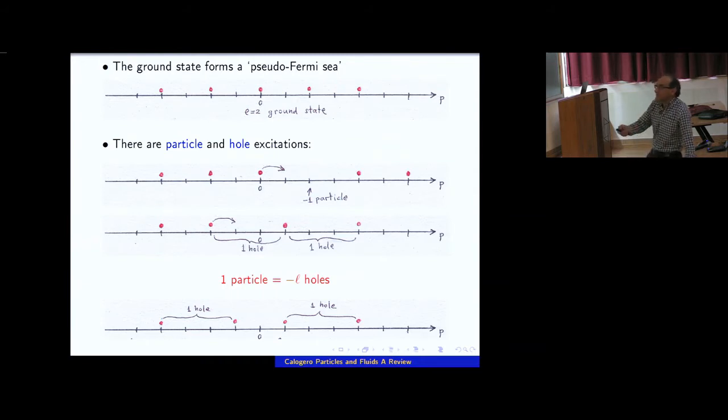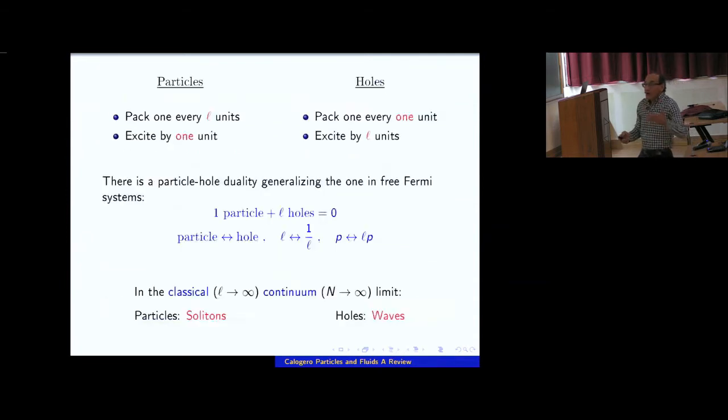Or, to say it better, if you move this particle by 1 unit less, there is no hole here because the gap is 2, the same as in the vacuum, but you created a hole here. So by moving a particle by 1 position, you move the hole from this place to that place. You move the hole by 2. So holes, as they move, are excited, their momentum is excited in units of 2, or in general in units of L. So they have this kind of peculiar statistical versus excitation properties that are mirror images of each other. That actually generalizes in a more formal sense.